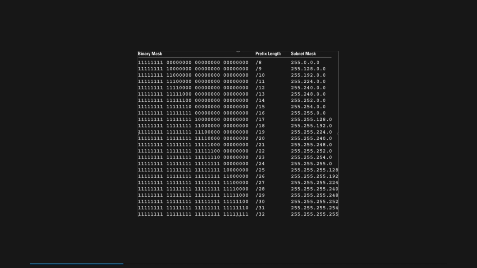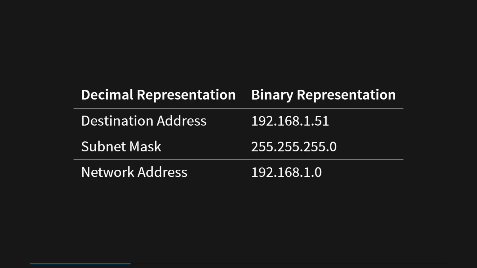With a default subnet mask, determining the network address for an IP address is straightforward. For example, when a router receives a packet destined for 192.168.1.51, it can determine the network address by performing a logical AND operation between the IP address and the subnet mask. According to the ANDing rules, a 1 and a 1 results in 1, while all other possibilities yield 0. This table illustrates the results of this ANDing operation. It is important to note that the host bits in the last octet are disregarded.